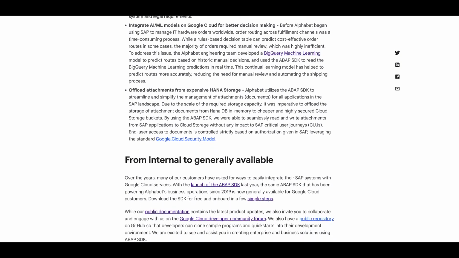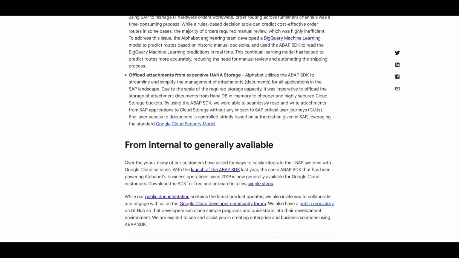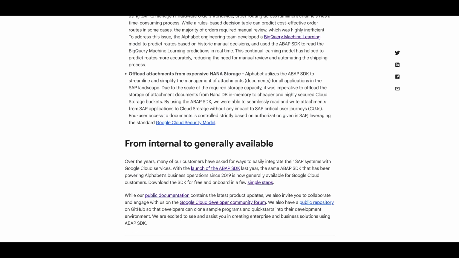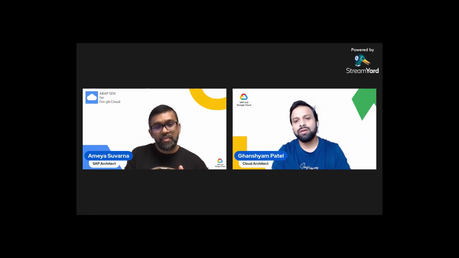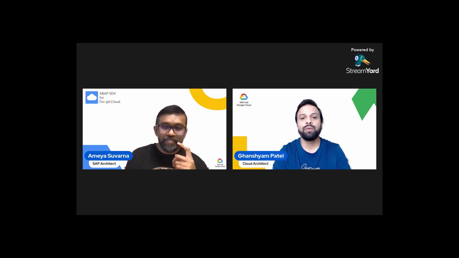So this year, we decided to release this to a wider SAP customer base. That sounds great. Interesting point. Can you detail the specific design choices and considerations made to ensure the ABAP SDK's accessibility and widespread adoption by